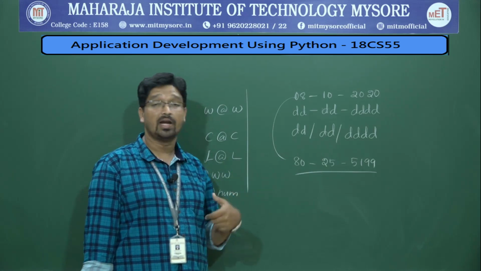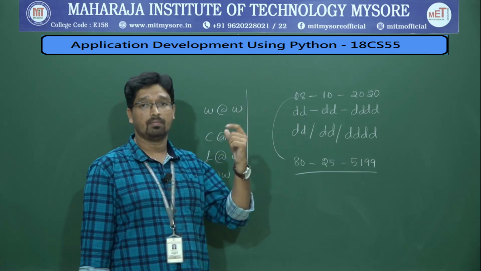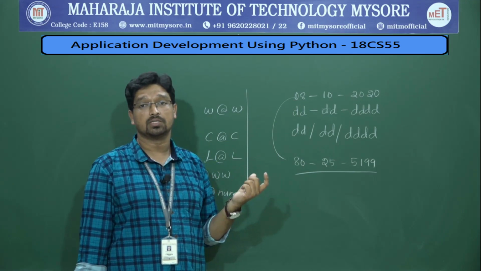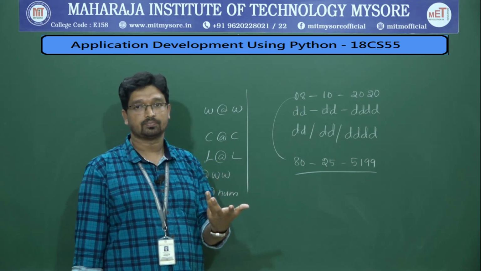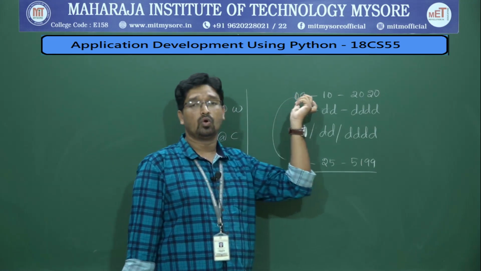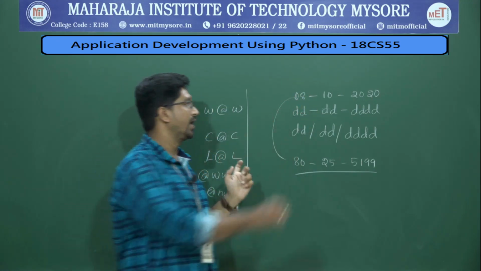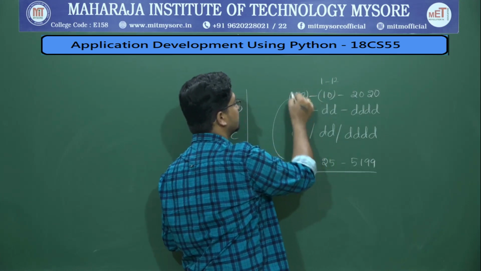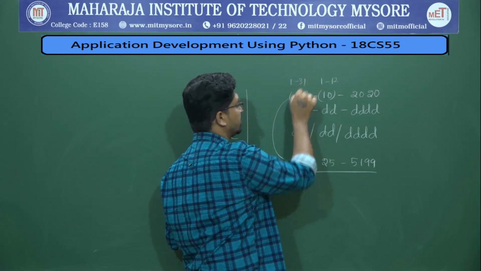How do you check whether it's valid or not? Based on the numbers. So for the first digits, what are the possible numbers? That is how you identify whether it's a valid date or not. For the month, the range can be from 1 to 12. For the day, the range should be from 1 to 31.